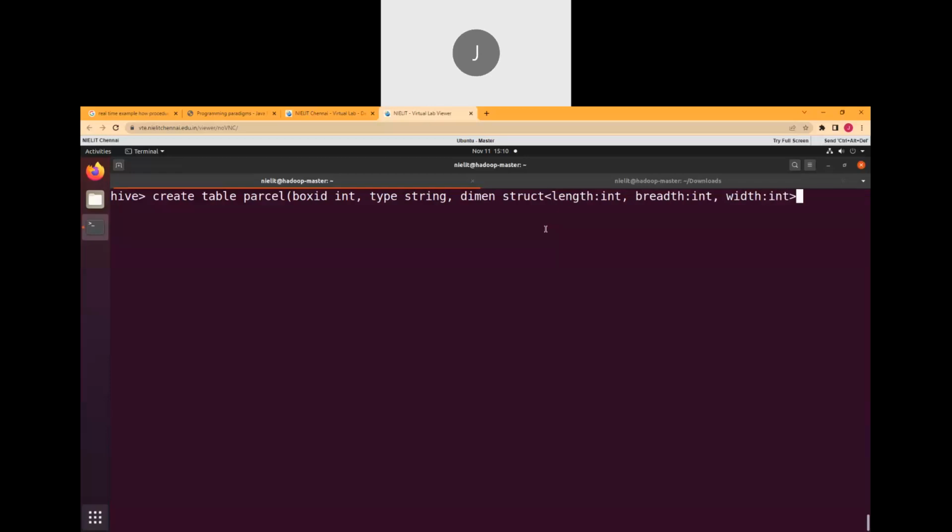Okay, so you can think of it like this, it also has cost. So cost we will also load as an integer. The structure has a length, and all are of the same type, all numeric types. So I'm giving it as int, and cost also as a structure. Then we will load it with the same thing, row format,